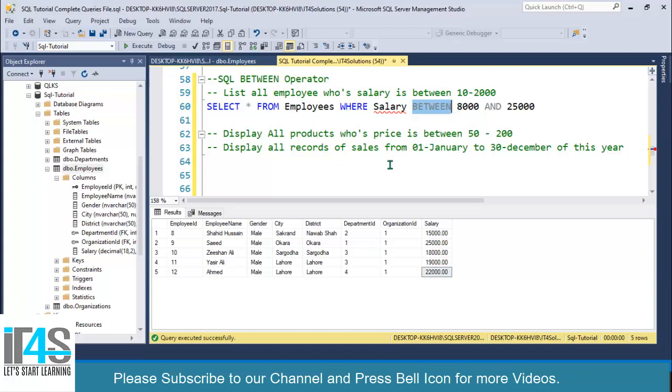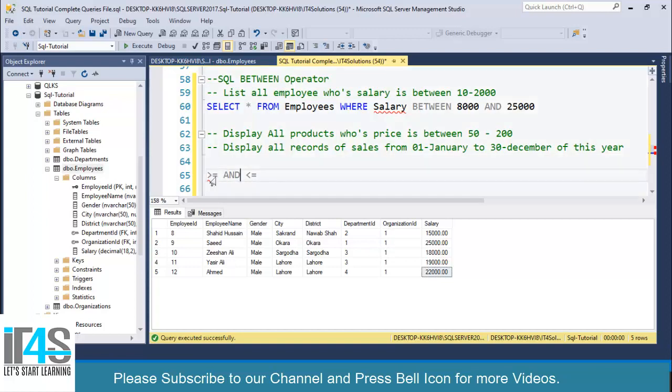But in the case of dates, you can also use another operator we have learned earlier. You can use greater than or equal to and less than or equal to. This is very useful in the case of dates, because the BETWEEN operator might not work with dates, or might show incorrect records.